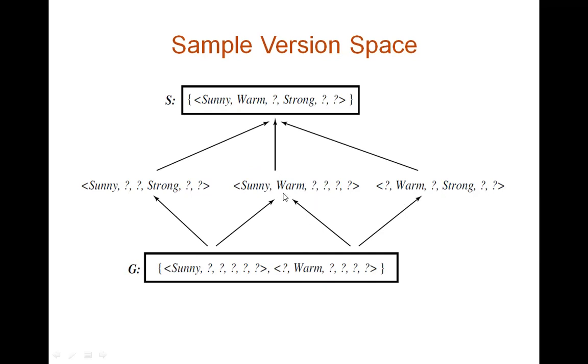Once you get the version space, it indicates all the possible hypotheses that are consistent with our given data set. This is already written here, but how to arrive at this? We understood that version space has all the hypotheses that are consistent with the given training data. But how do we get these hypotheses that are consistent with the training data?